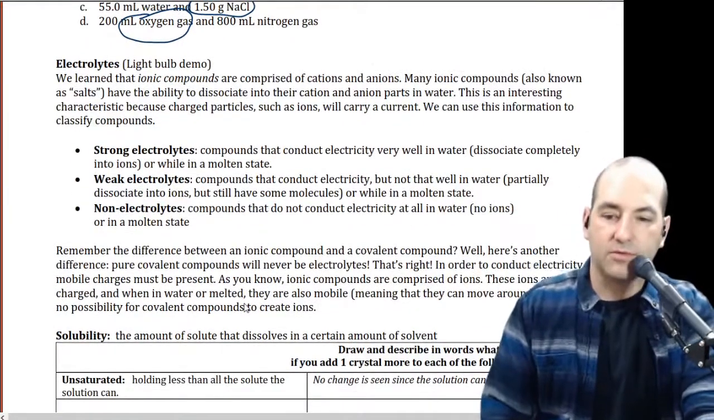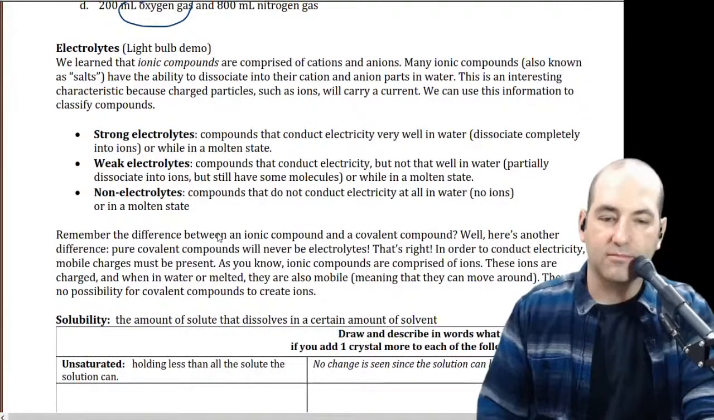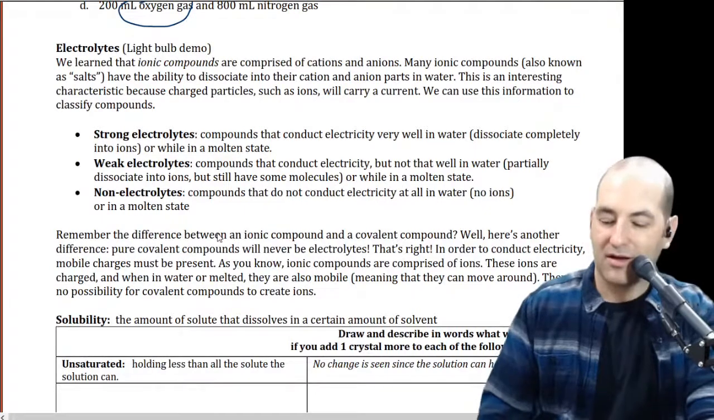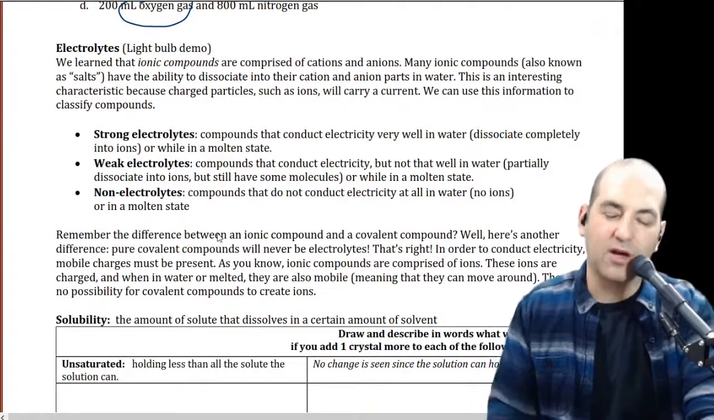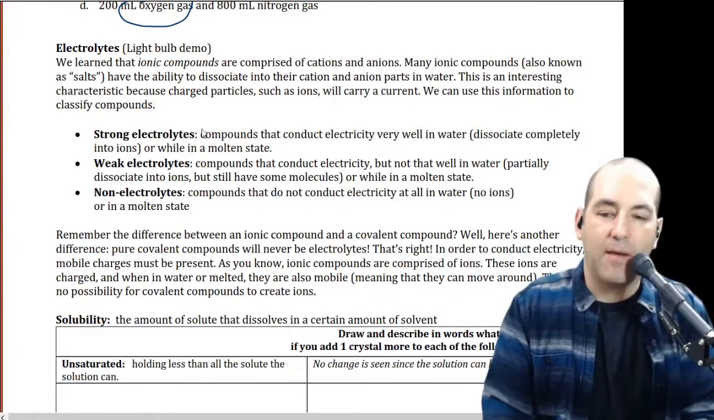You may have heard these terms before: electrolytes, strong, weak, or non-electrolytes. Normally we would do a demo, but I don't have one here. I don't have the equipment for it at my house, but you can look up electrolyte light bulb demo. And what's going to happen there is